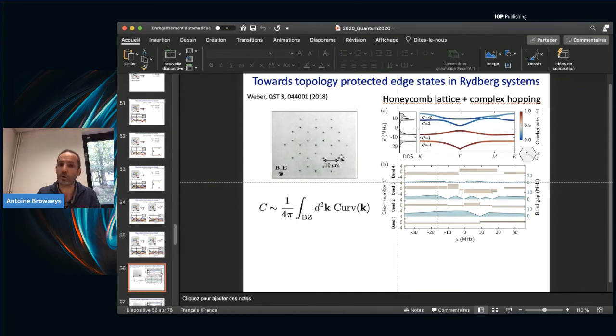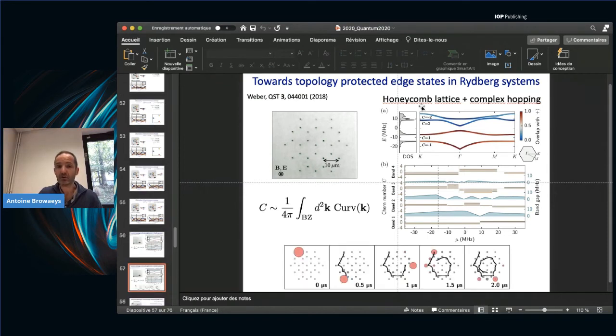You just take a honeycomb array, as we can realize in the experiment, and they've demonstrated that in this elementary system, you can generate a band structure with non-trivial geometry. The topology, sorry, is set by what is called the Chern number, which is the curvature of the bands across the Brillouin zone. Depending on the exact value of mu, you can have different Chern numbers. For the one we have here, you can have Chern numbers of -1 and +1, or 2 and -2. When it's 0, it's trivial. When it's not 0, it's a non-trivial topology.